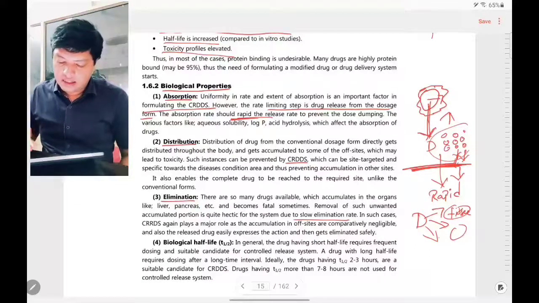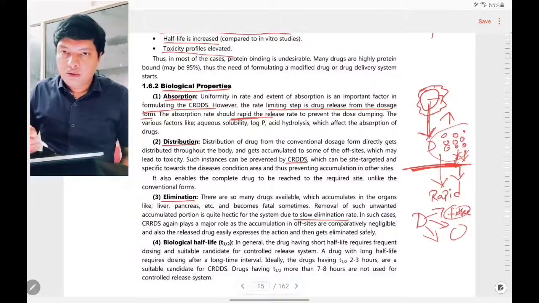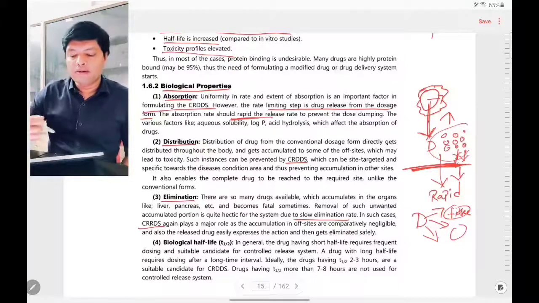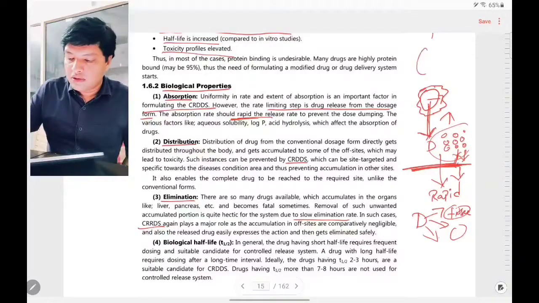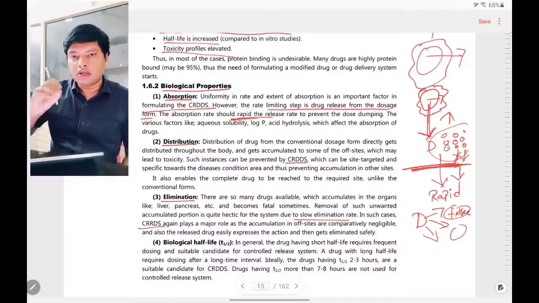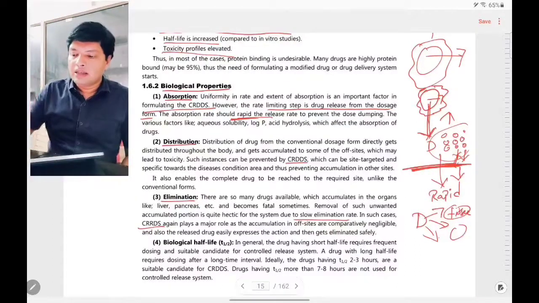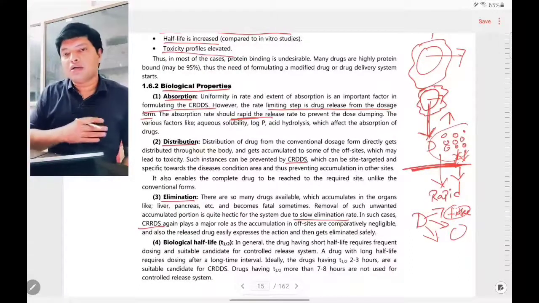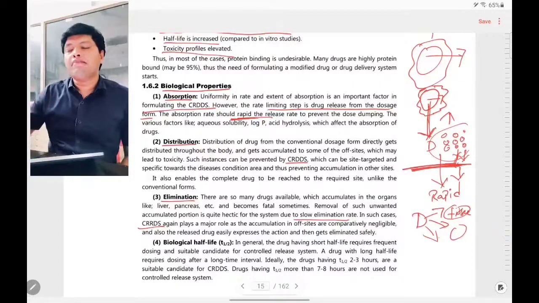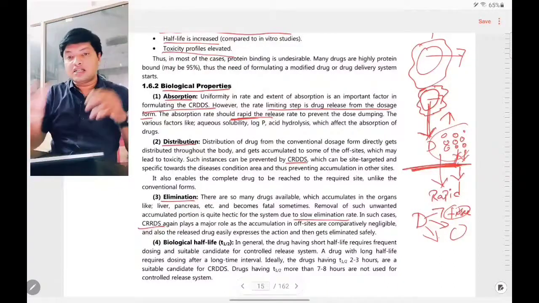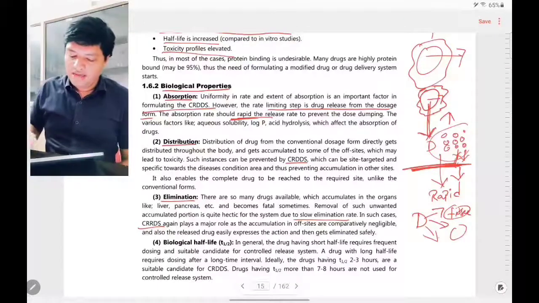In such a case, if the removal is slow, what are we going to do? If the drug has slow removal, you can design the drug into a controlled drug delivery, because you are controlling the release of the drug. So you are controlling the amount of drug which is going to enter the systemic circulation. Even though the drug has slow excretion properties, because you are controlling the release of the drug, you can overcome the side effects due to slow elimination of the drug just by converting the drug into a controlled drug delivery system.